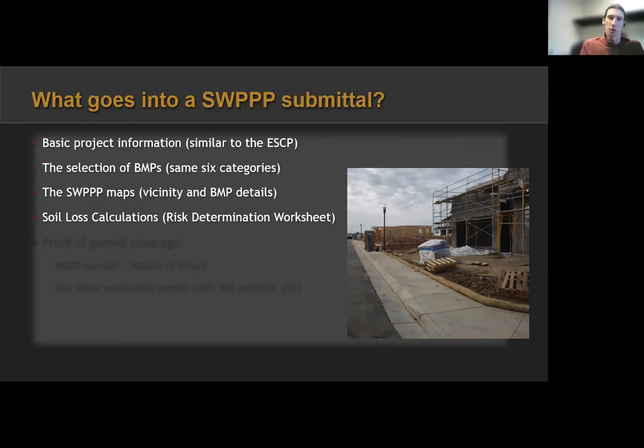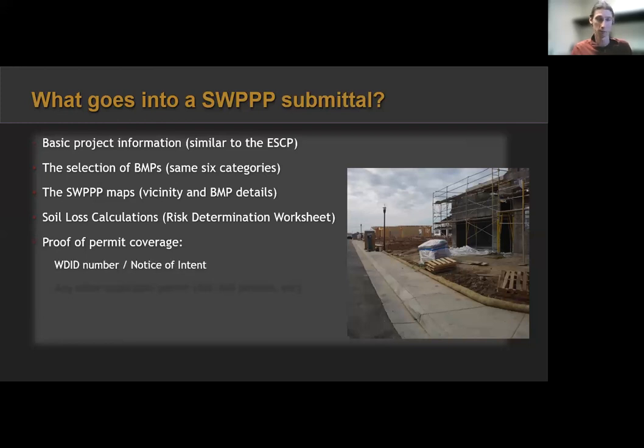And we don't necessarily review them, but we will look them over and make sure that it's done correctly if we need them. If we feel like, hey, this project is saying it's a risk 1, and I think it should be a risk 2 because most projects are risk 2, so I need to have some verification of how they got that risk level here, as well as proof of permit coverage.